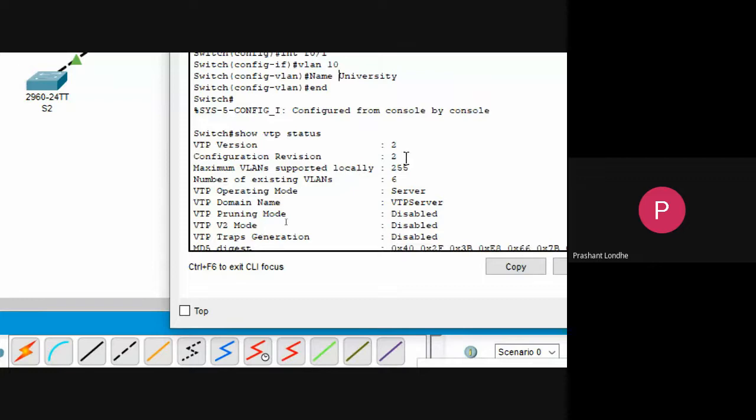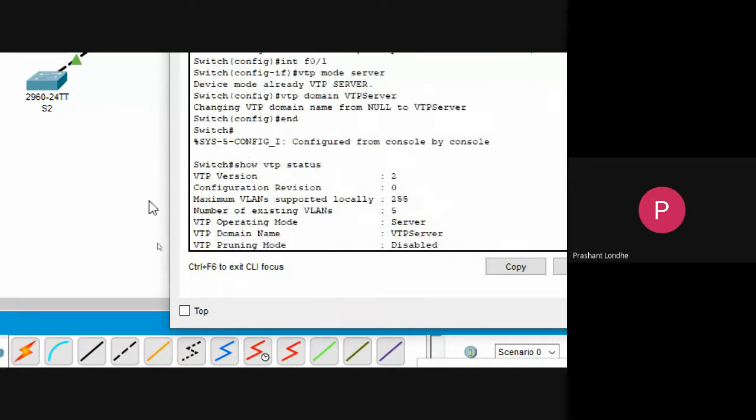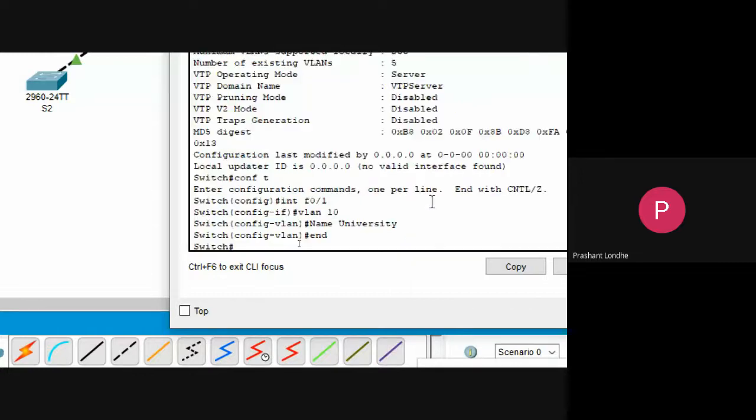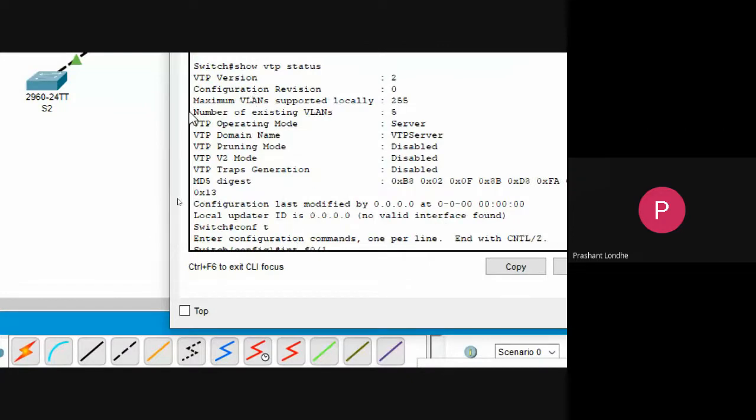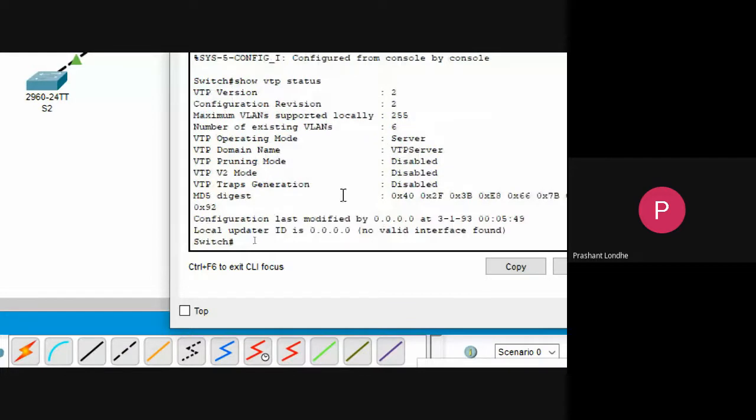So I have revised this protocol 2 times. Therefore, the number here is coming as 2. The configuration revision was 0, but I have fired 2 statements, therefore the configuration revision is 2. You can also see the number of existing VLANs was 5, but as I have created one VLAN over here, the number is increased by 1, and now it is 6.